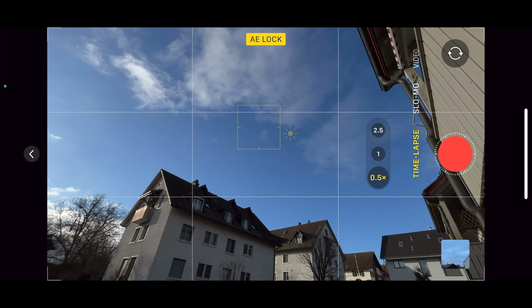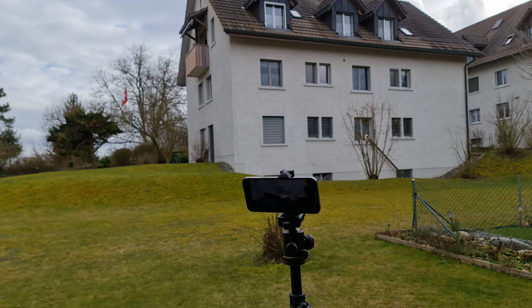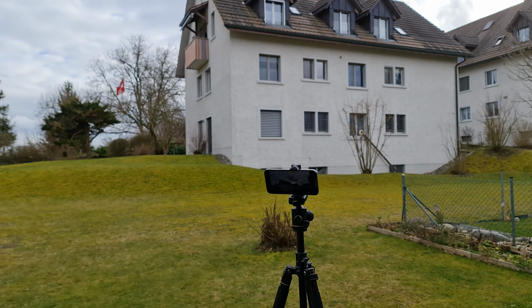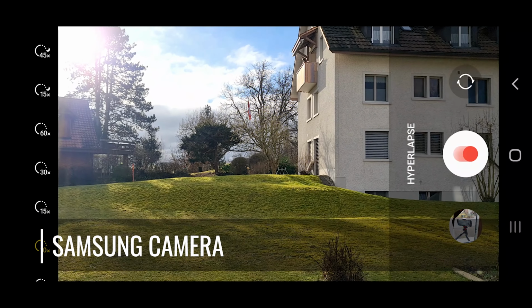So now tap the record button and just leave it running. Just make sure nobody moves it or knocks into it while it's recording, because that's going to ruin the shot really. Now here's one interesting thing, because with a phone like a Samsung you can choose the frame rate